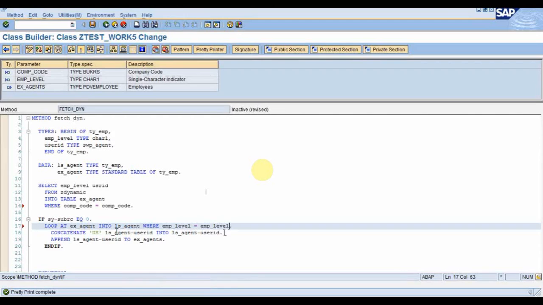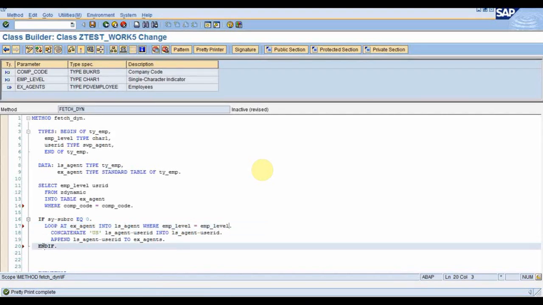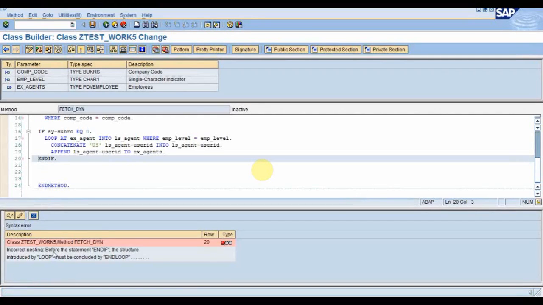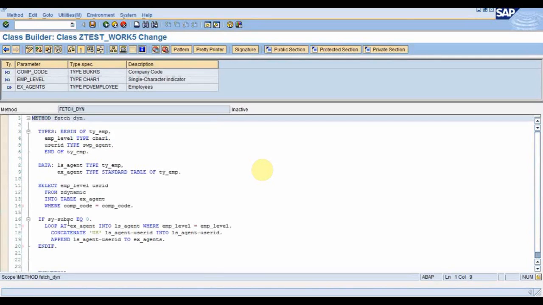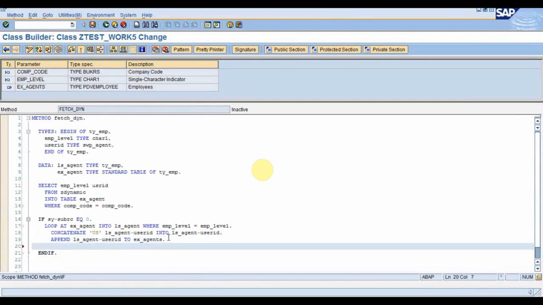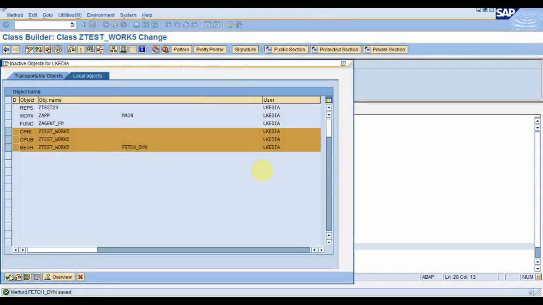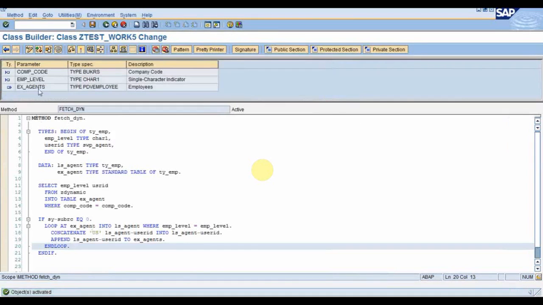So now save it. Now what we are trying to do here is, suppose level is 1.